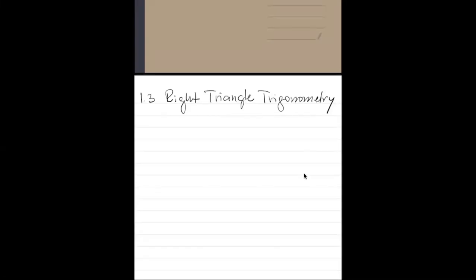1.3, right triangle trigonometry. So we're going to define our trig functions in terms of sides in the right triangle. So let's have a right triangle ABC and acute angle theta. So we've learned in the past in geometry or high school algebra the SOHCAHTOA,